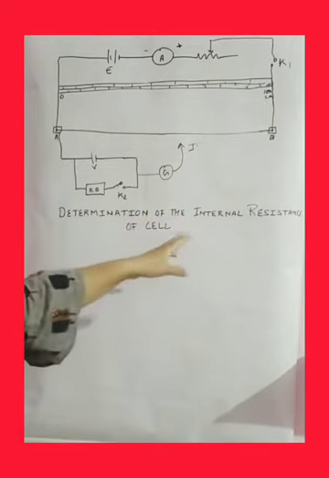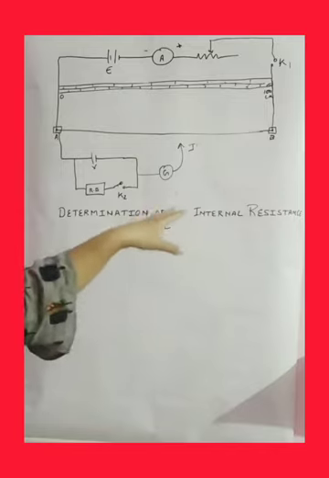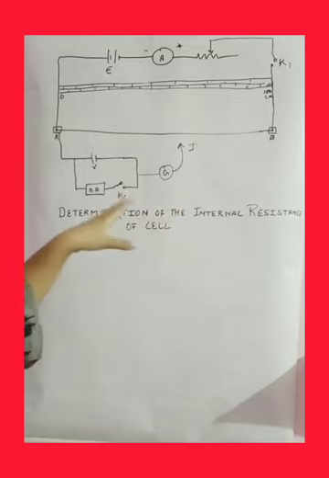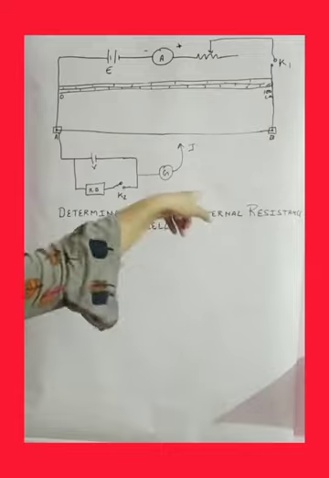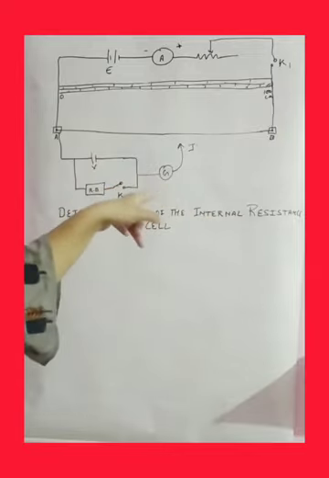Internal resistance means the resistance offered by the cell. What does it mean? Suppose I am using a battery of 2 volt. That battery itself has its internal resistance which is not seen by us. Some resistances, like a resistance box, rheostat and other resistances, we enable ourselves. But if we talk about the internal resistance, as the name suggests, it is the resistance offered by the cell.